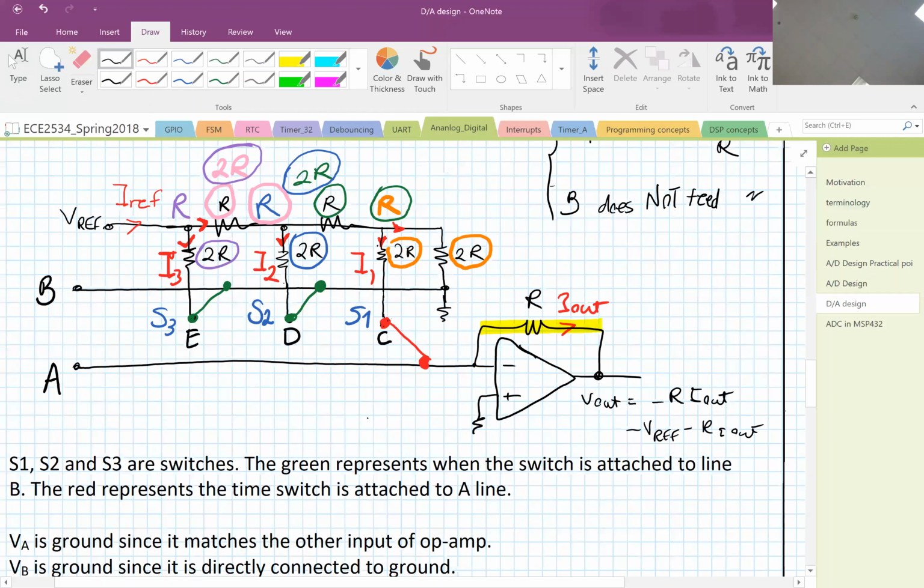And for that, all you need is, for example, to change the voltage of A rail and B rail. It shouldn't be VREF minus, it should be negative VREF minus, because the current is going that way. If you put VREF minus itself here, then over here you're going to get VREF minus the output, which is not what you want. You want it